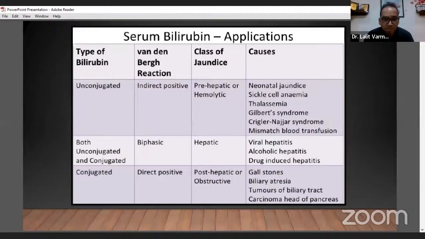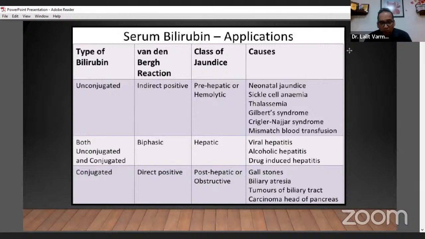Second, we know that serum bilirubin is conjugated and unconjugated. Sometimes both can be high. When we talk about unconjugated, of course, we know about conditions like sickle cell, thalassemia, neonatal jaundice. Then there are only two conditions which actually involve the liver: Gilbert's, where the kid can present even in the teens, or it can be picked up a bit earlier also. But the significant ones are Crigler-Najjar 1 and 2. Of course, they will need a transplant because although it is indirect hyperbilirubinemia, it's a problem where the liver needs to be replaced by a better one for the enzymes.